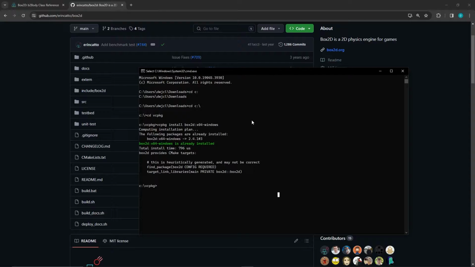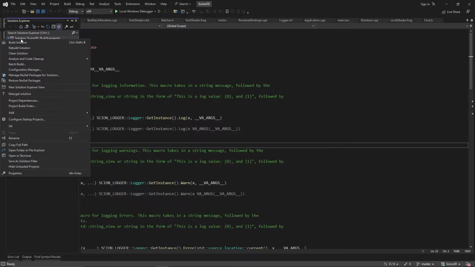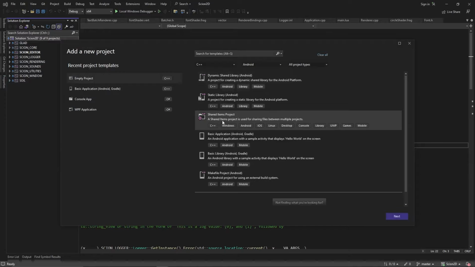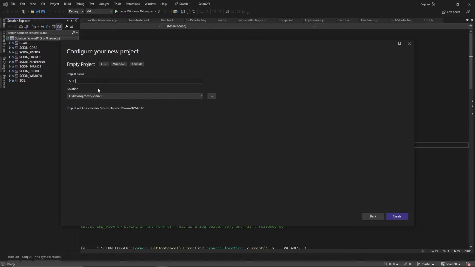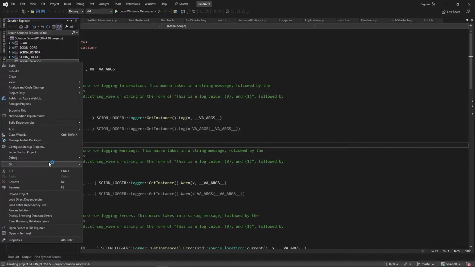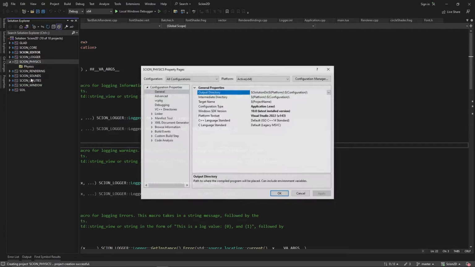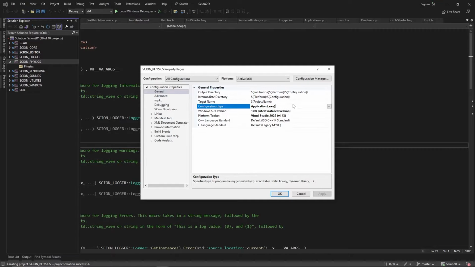All right, so now that we have Box2D installed, we're going to want to create another new project. So we'll come up here, click on our solution, go to add new project. If you've made it this far, you've done this before. So let's go here and we'll call this Scion Physics, and we'll create that. Now that we have Scion Physics created, I'm going to want to make a new folder for it here, and we'll just call this Physics. And we have to go into the properties of the project, and we're going to want to change this to a static library